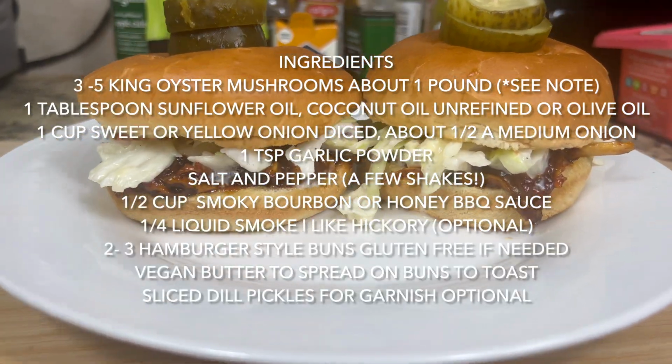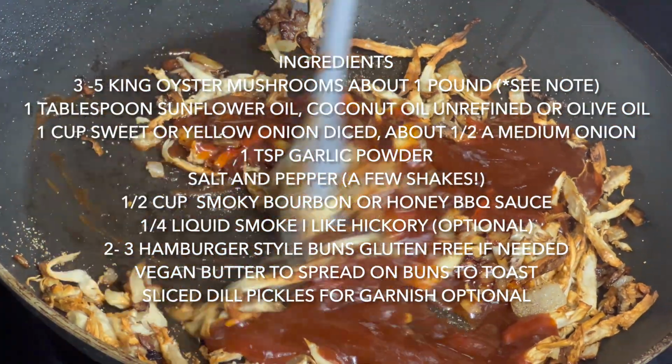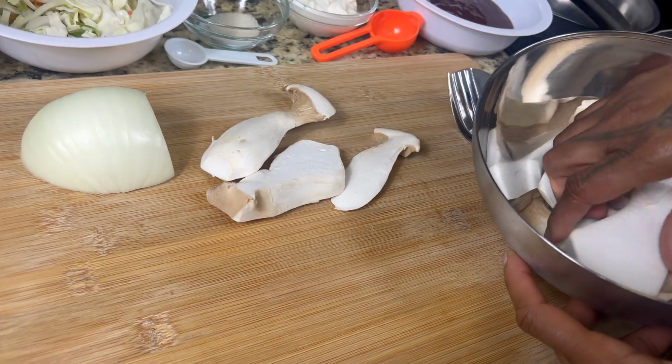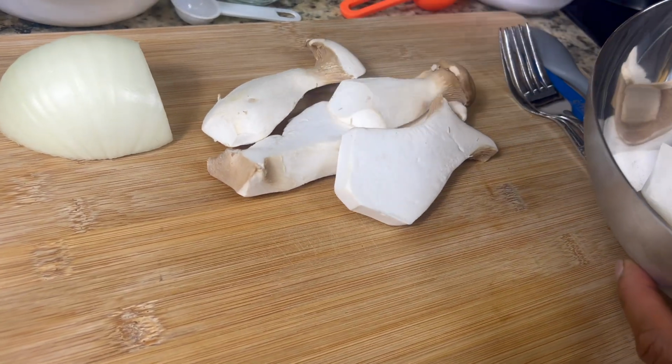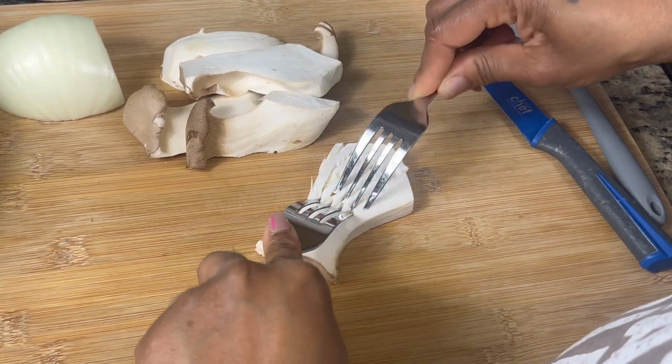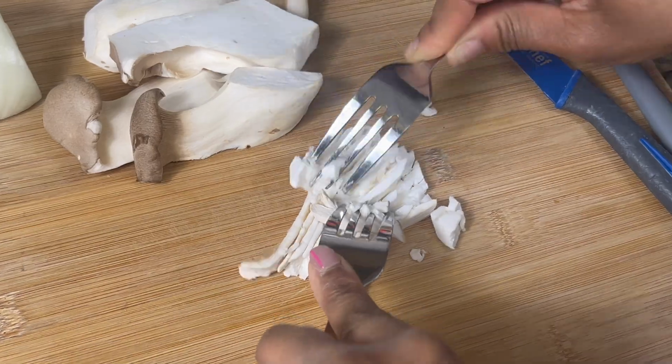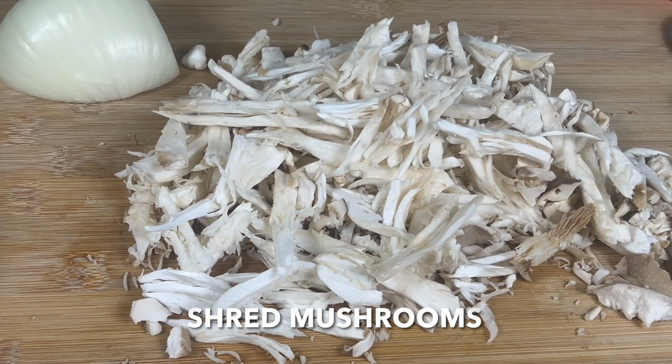Hey, tonight's dinner is barbecue oyster mushroom sandwiches. They are sweet, smoky, and finger-licking good. Let's get to it. First, take your cleaned and sliced mushrooms and shred them with 2 forks till they resemble